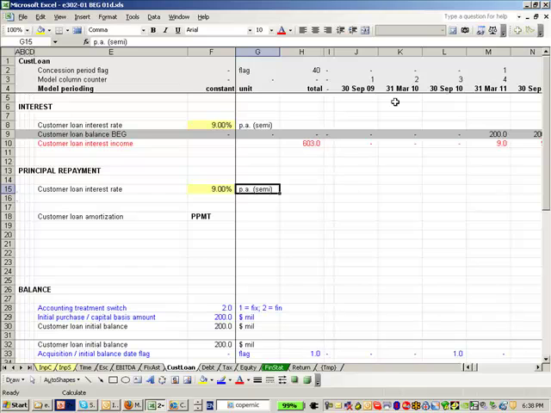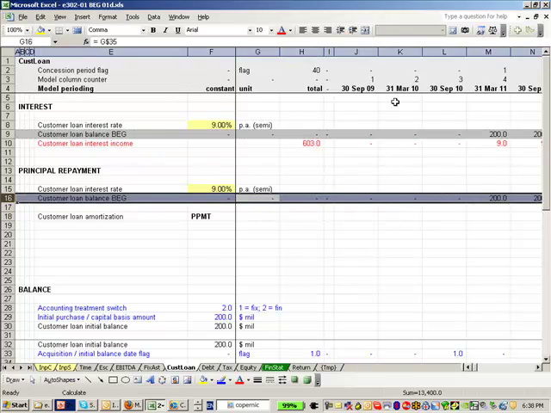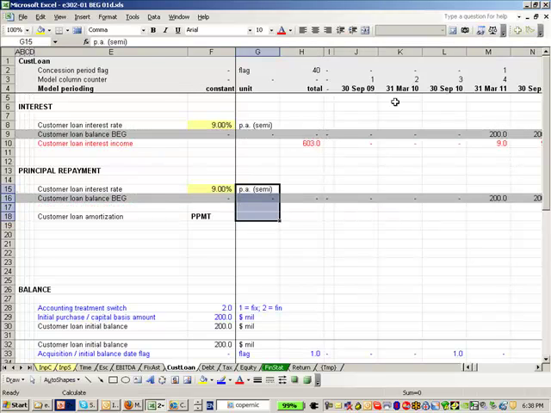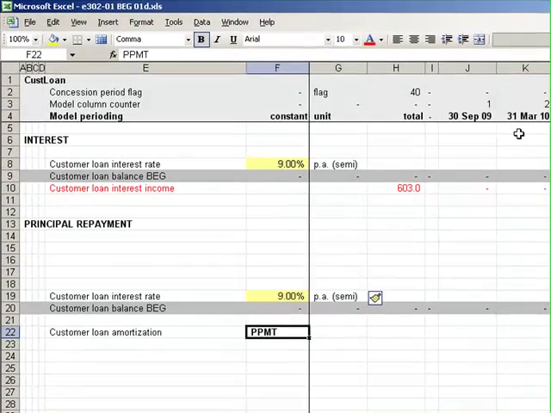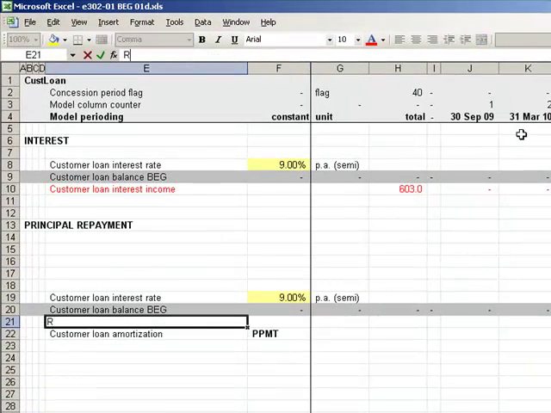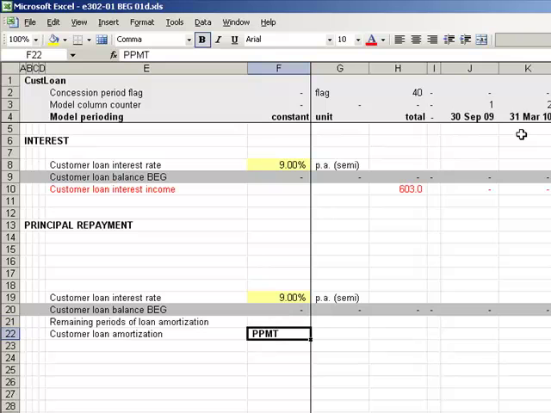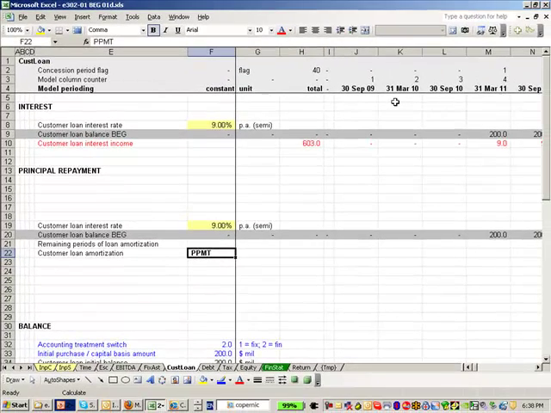I'm going to need a rate. I'm going to need to amortize a balance. And crucially, what I'm going to need is some sort of, I don't know what, remaining periods of loan amortization. Now, the only reason we're using the PPMT is on an expectation that under FRS 5, which you'll remember was